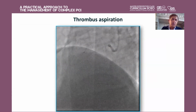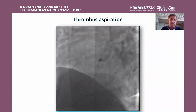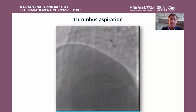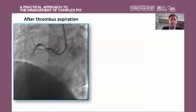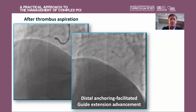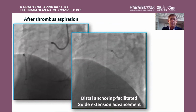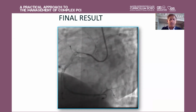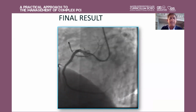And then in this situation, if the thrombus is not, the manual aspirator is not enough, you can use the Cath Extension to put in front of the thrombus and do a manual aspiration with the Cath Extension. That you increase a lot your aspiration power. We put, you see here, the Cath Extension. We make another aspiration and we put a stent, and this is the final result. So this situation we have in the setting of STEMI, the use of dual lumen and Cath Extension